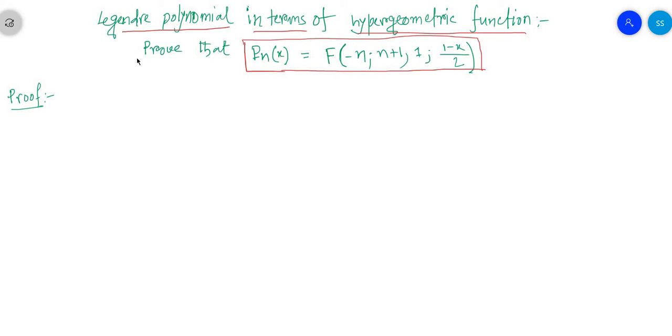In this presentation, we will see the Legendre polynomial in terms of a hypergeometric function. P_n(x) is equal to F(-n, n+1; 1; (1-x)/2). By Rodrigues' formula,